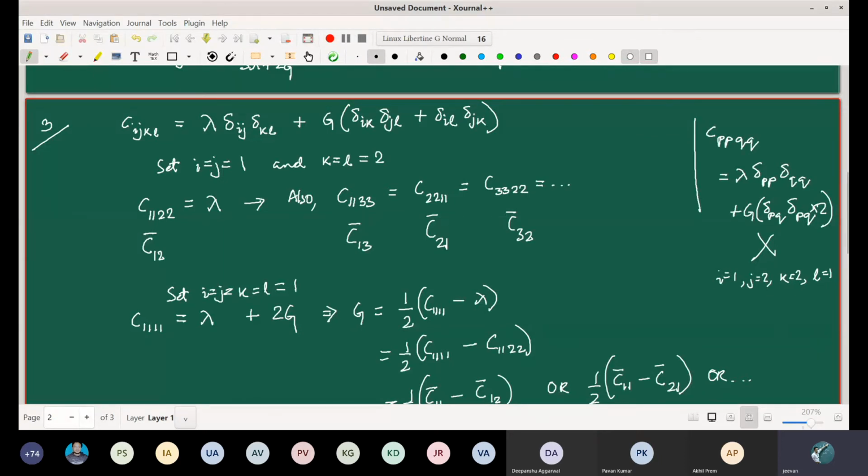Any ideas? Please note that we have to use the information that the material we are considering is a linear elastic isotropic one. So Shubham is suggesting something. He's saying that we can substitute the expression of sigma ij into the equation of the eigenvalue. Right, we can definitely do that. We'll try that out. We have to somehow prove their dot product is 1.